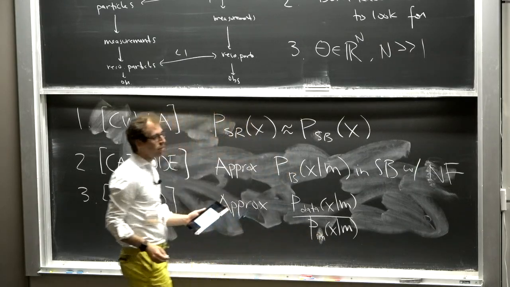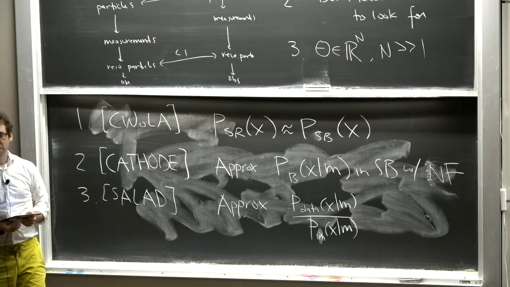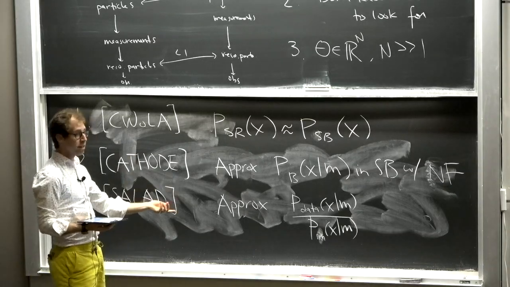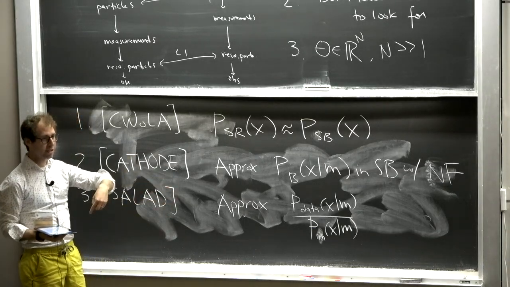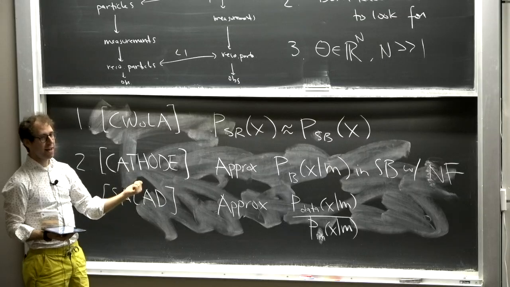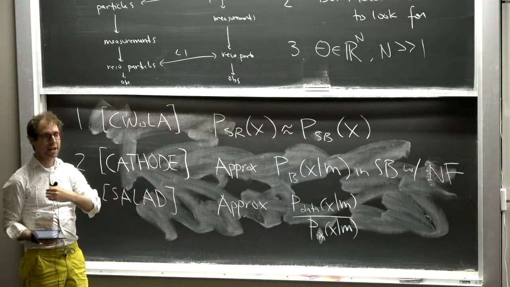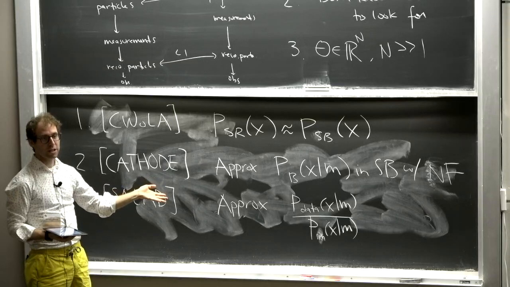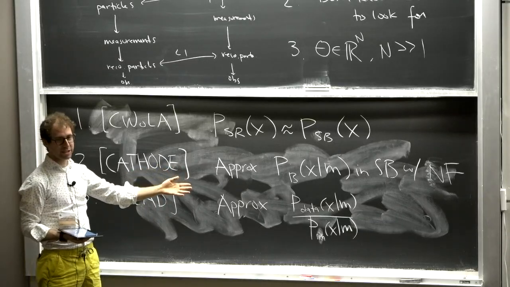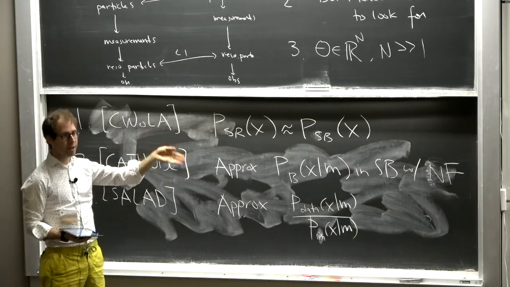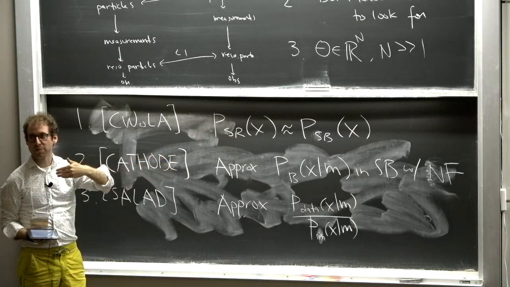So say I have either a simulation or another data set of some kind, some reference. I could estimate the likelihood ratio of the data to that reference, say a simulation, in the sideband using a likelihood ratio estimator, like a classifier, and then I could interpolate that. It looks like it depends on the simulation, but it doesn't matter too much what the reference is. The idea is I'm learning to correct the reference to match the data sideband, and then I can interpolate it into the signal region.